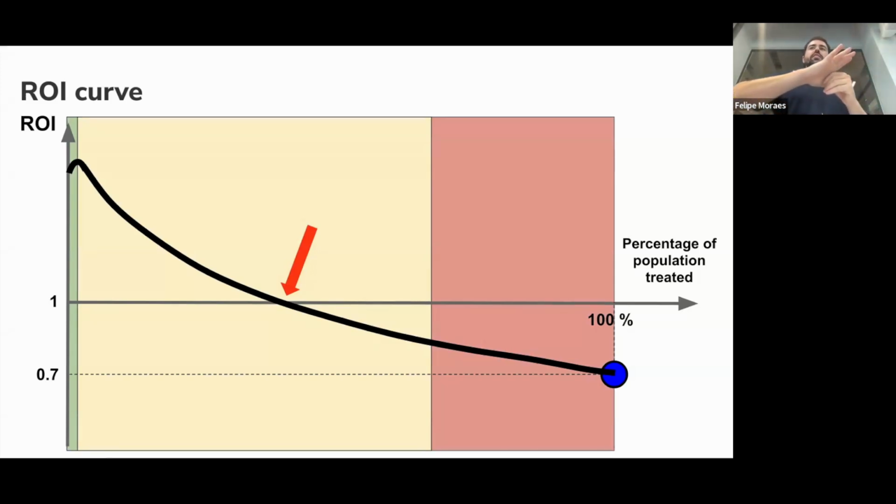So we're just showing that in the green area, some extra revenue is being made, so the curve goes up. Then you go smoothly down, and there's this yellow area where conversions are positive. And at one point, you go into the red area where you make neither revenue nor conversions. You're just hurting yourself by doing this. A lot of times you can stop at one. That's a really efficient campaign, but it really depends on the objectives you want.